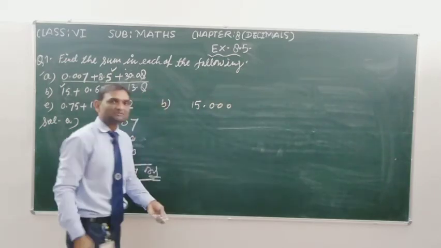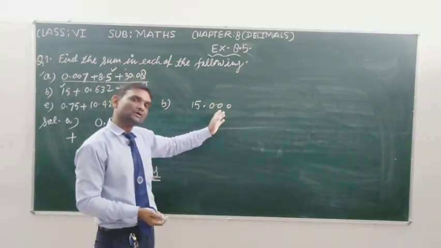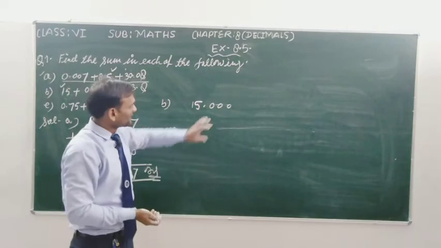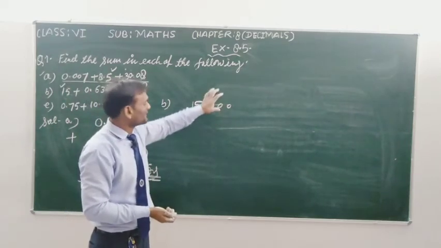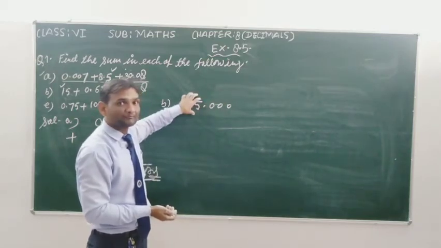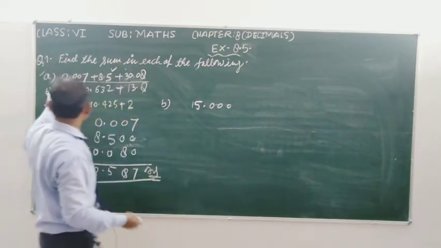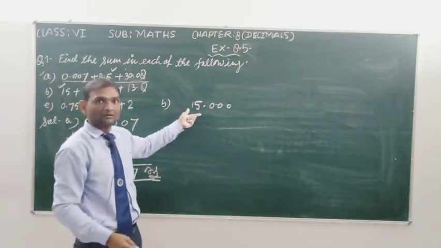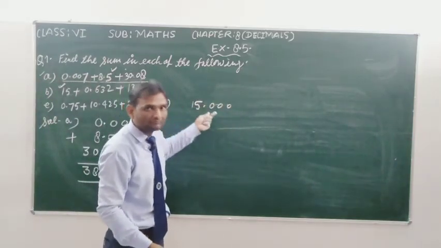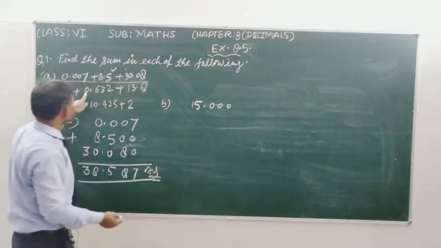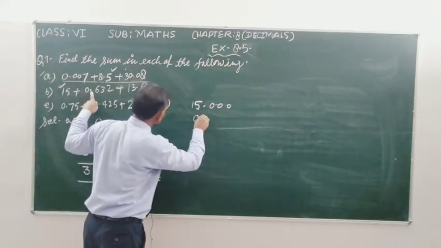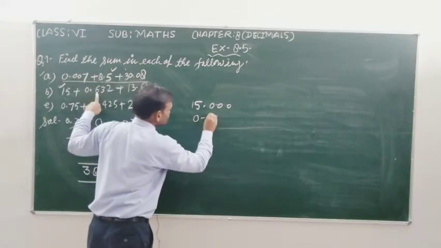As many 0s as you want to write after the decimal, you can write. So the value of 15 has not changed by using the decimal point and by writing the 0 after the decimal point. The value of 15 is not changed here. 15 is 15. अभी भी मैं 15 यहां बोल रहा हूं और यहां भी 15 है. But this 15 is a whole number and this 15 is written in the decimal form. This is the difference. So 0 is ones, so we write 0 below the ones, and point below point we use the point, and 6 is tenths, so we write 6 below tenths.